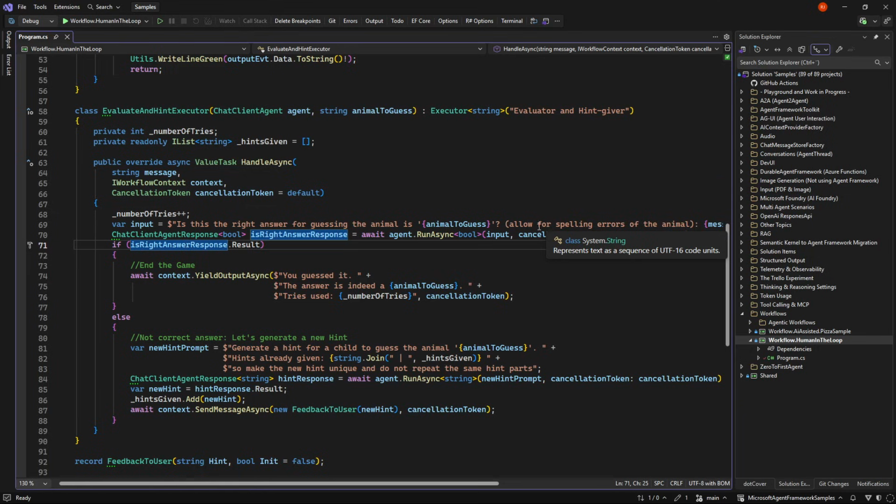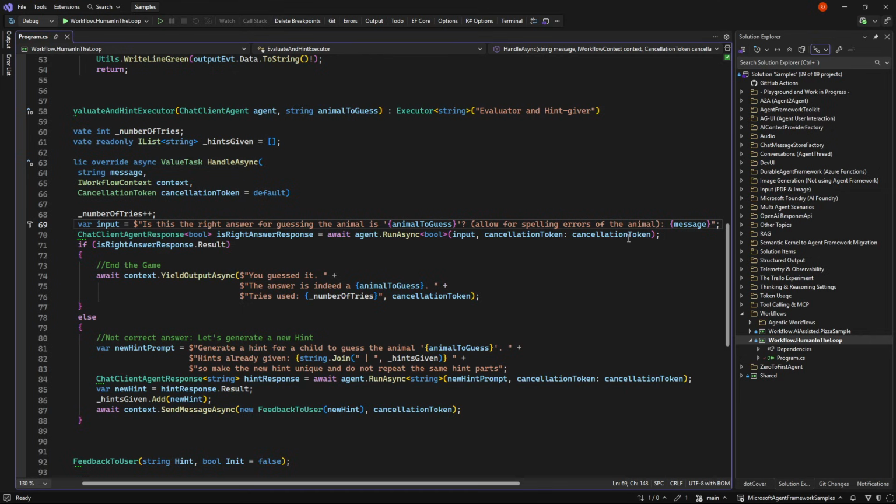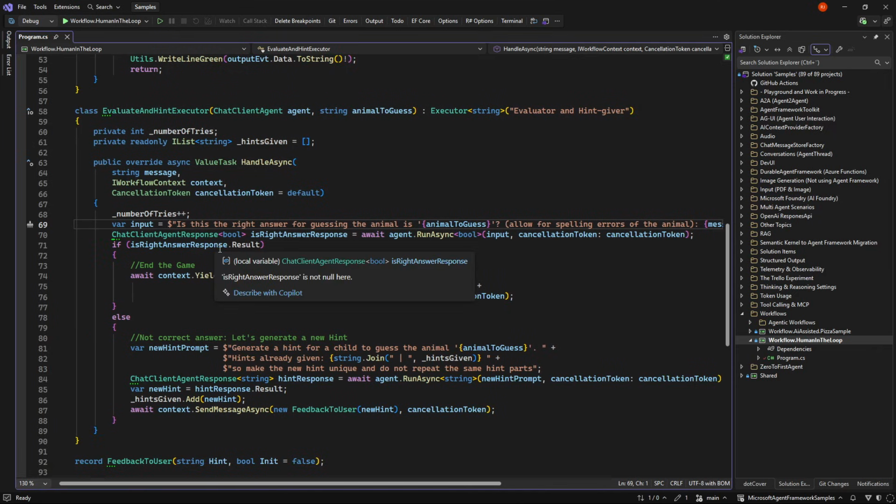And we put in here that it's allowed to have spelling errors, if you write the name of the shark wrong or something like that. And we just give the message, so the question. Because we don't want them to need to write it in the exact word or not have any prefix or postfix. It should be allowed to say, is the animal a tiger? Is the animal a bear?